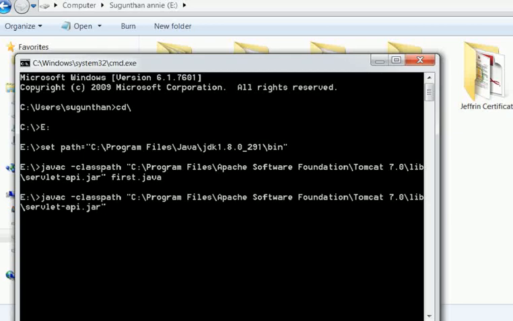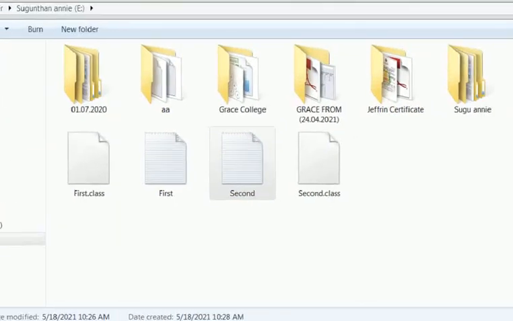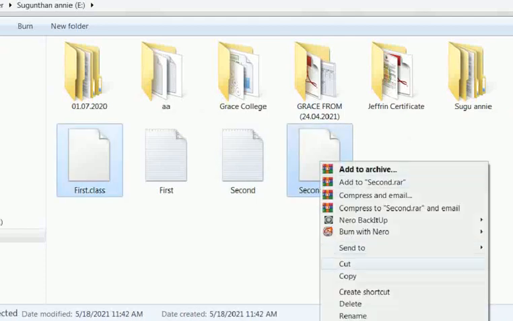Close the double quotes. Then second.java. Enter. There is no error. See here in the E drive, the second class file is created. First and second, copy that.